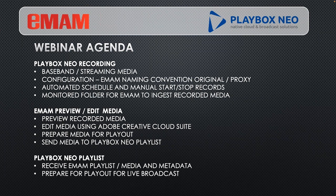So eMAM is a media asset management system. We then organize all of that preview of the recorded media. We actually then organize the content, allow then editors remotely or local editors to be able to then edit that content, say using Adobe Creative Cloud Suite. And then you're able in the eMAM system then to prep it for Playout. So gathering up all of the information, all the media that you're going to be sending out to the Playout system, the Playbox Neo